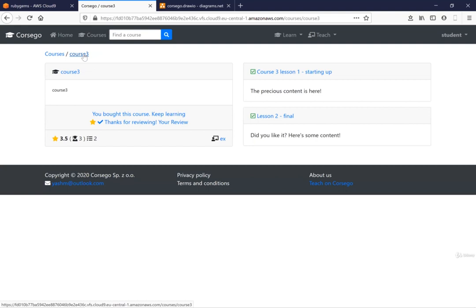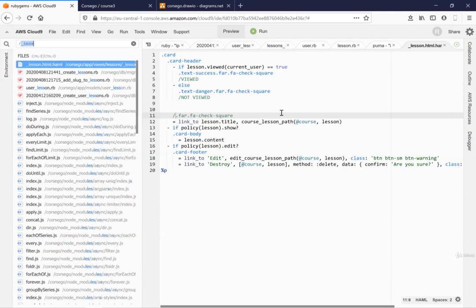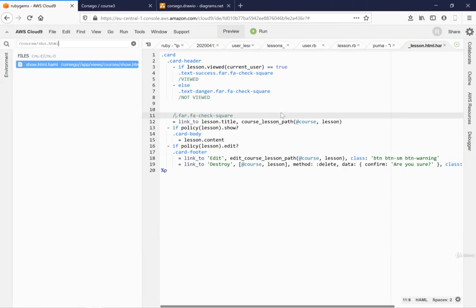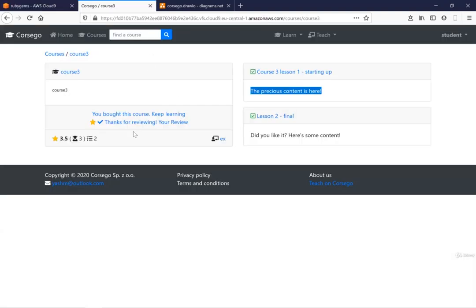Fantastic. Now, in the courses index, we don't want to really see the contents of the lessons. So we're going to hide it from here. Let's go to our courses show.html. So here we have the course code on this side, and here we have our lessons. Well, anyway, we're going to work on the styling in the next lesson, and here we have done quite a